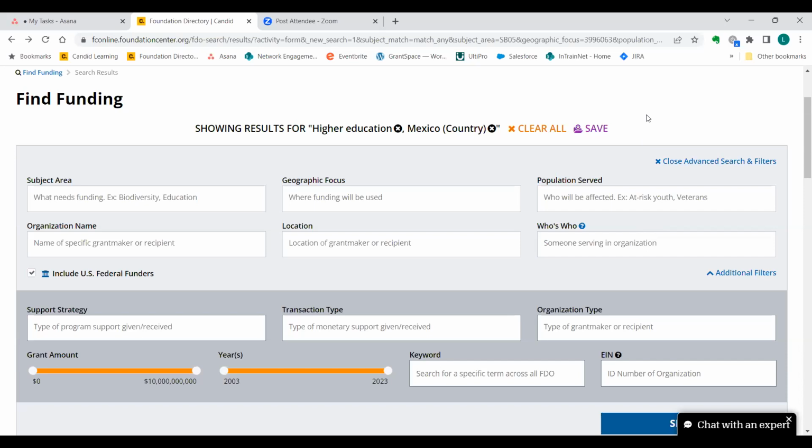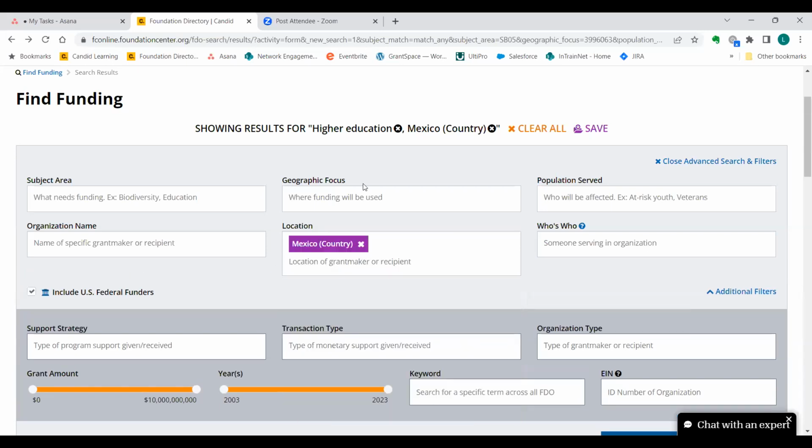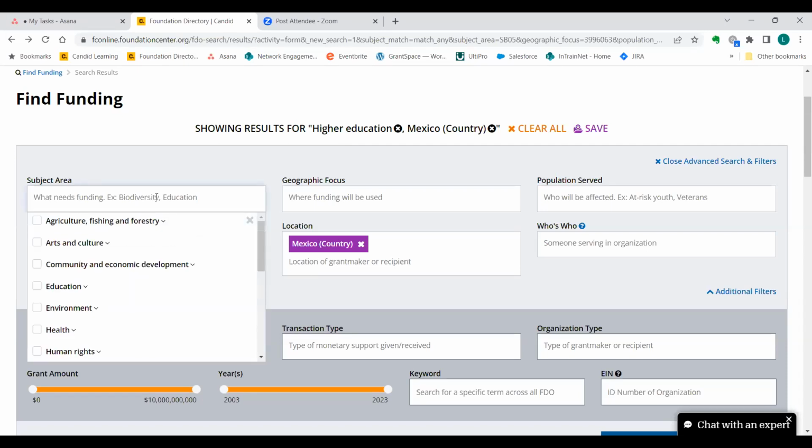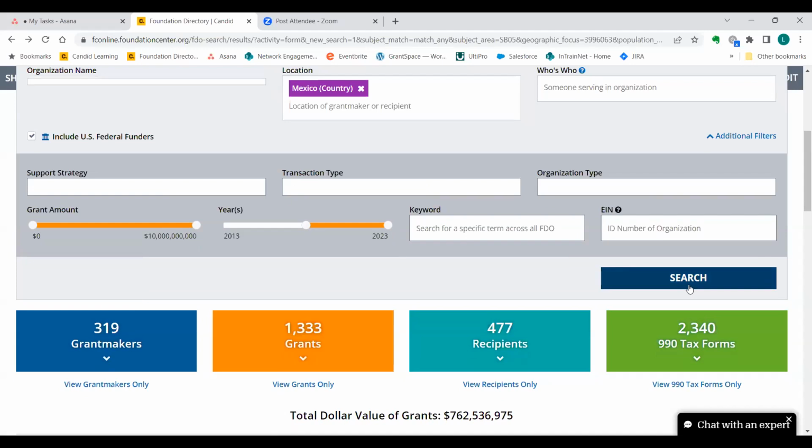So if you wanted to see Mexican grant makers in here, instead of using geographic focus, we're going to use a location focus. So let's say we put Mexico under location. Geographic focus is where the funding will be used. Location indicates where the funder or the recipient is actually located. So most times you would want to use geographic focus, but if you're specifically interested in finding organizations that are close, and I'll put in education here, you can also do that. And I'm going to put my date limiter again. And if we do this search,